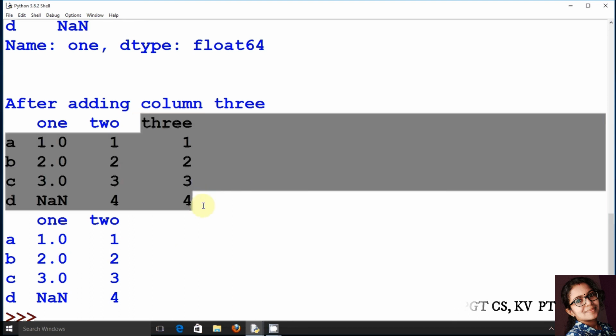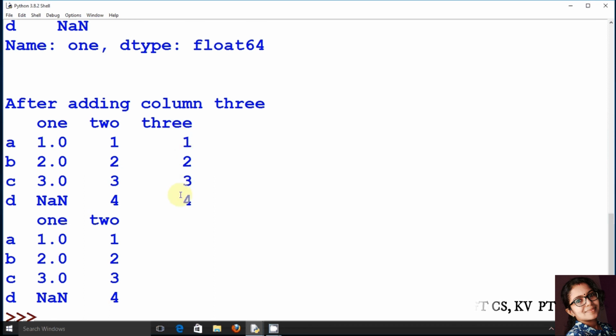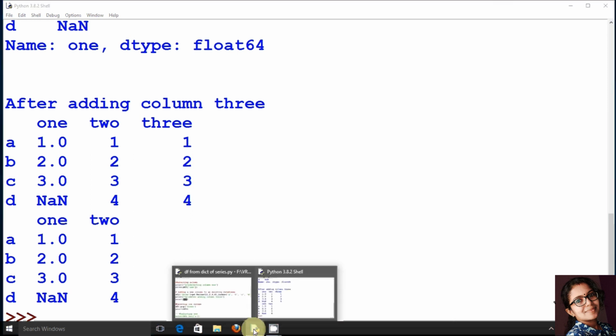One more column was added, and it got deleted after calling the pop function. Hope the usage of dtypes, selecting columns, and adding and deleting columns is clear to you.